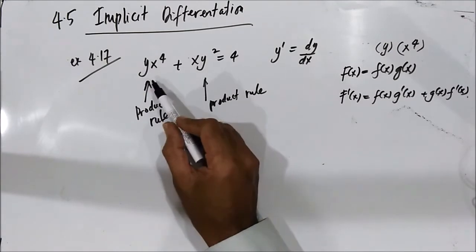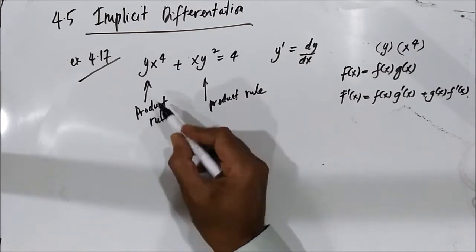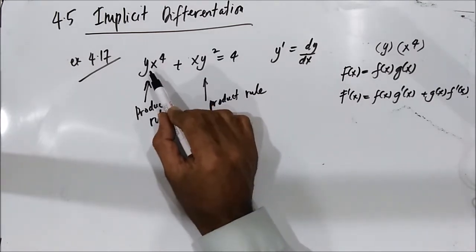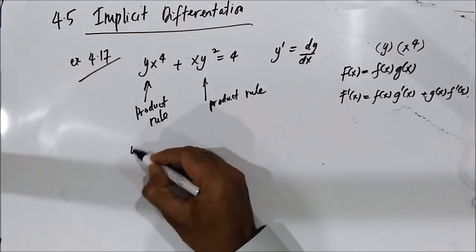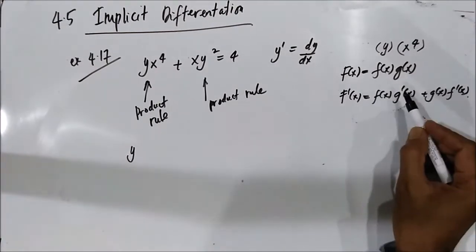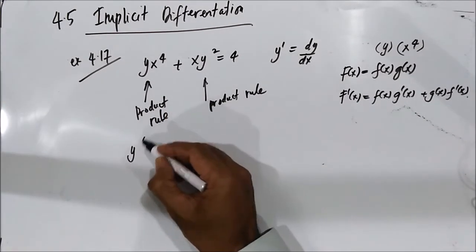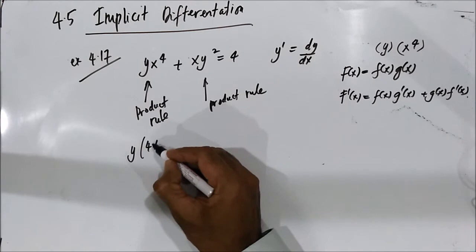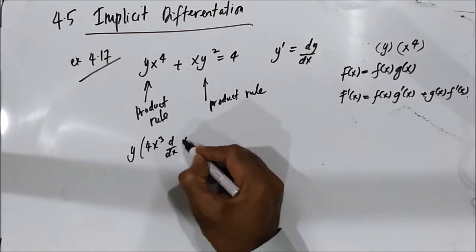Your f(x) is y, so I put here y. Now g prime x is the differentiation of x raised 4. The differentiation of x raised 4 is 4x raised 3